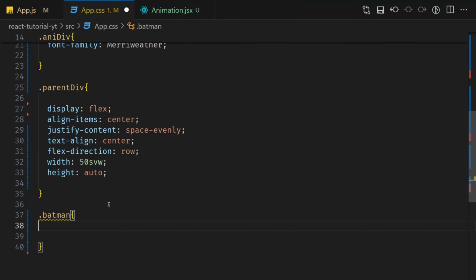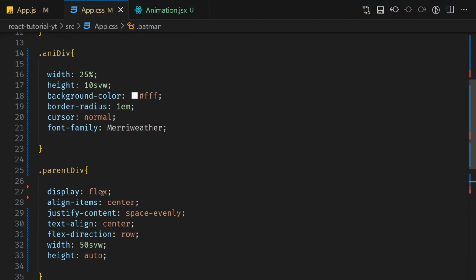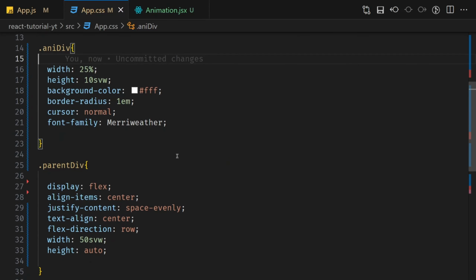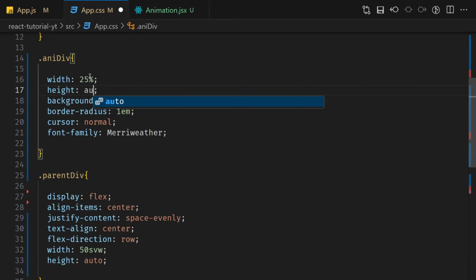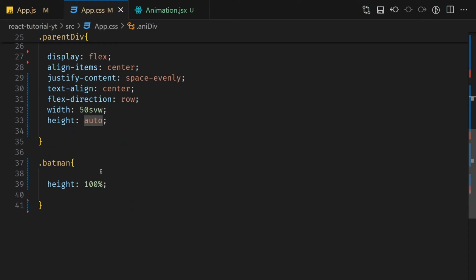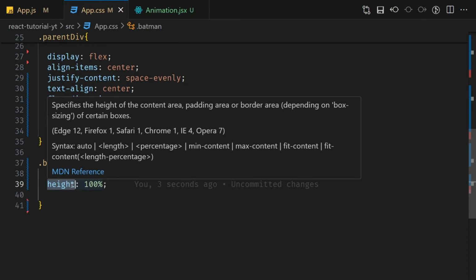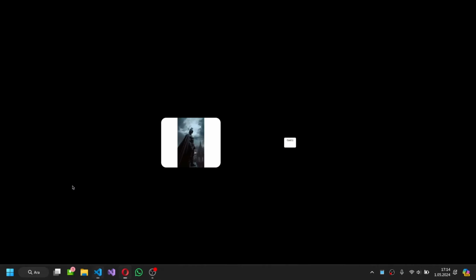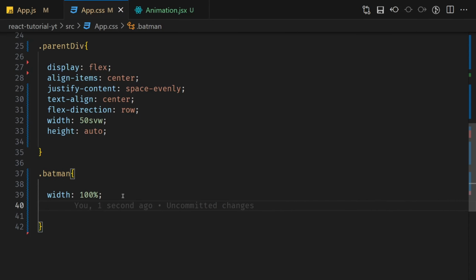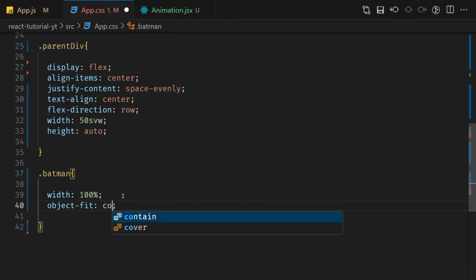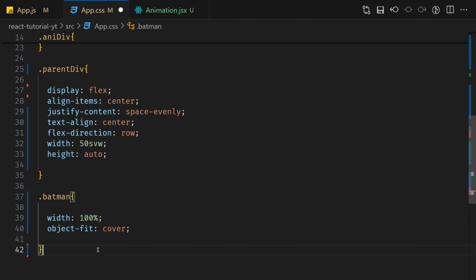Its width, or height, is going to be 100% of the parent element, which is any div. Yeah, now we can make its height auto. If we do that, we should rewrite height as width. Okay, now it looks good. We have to make it object-fit cover, and that any div